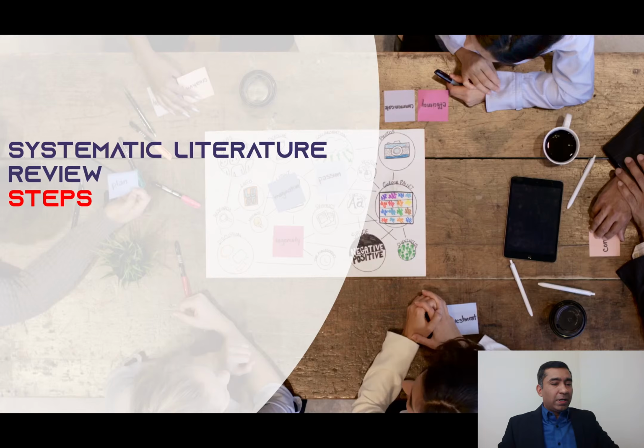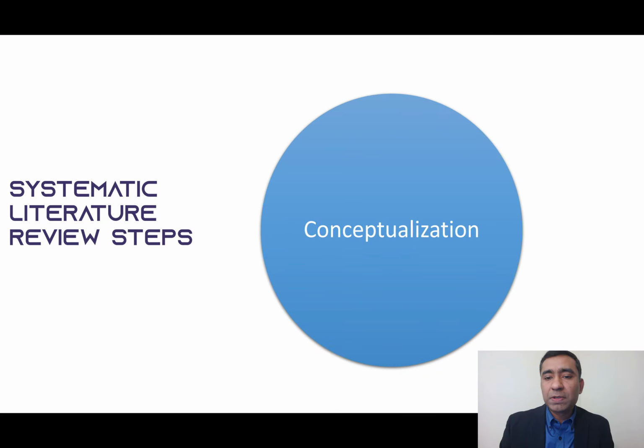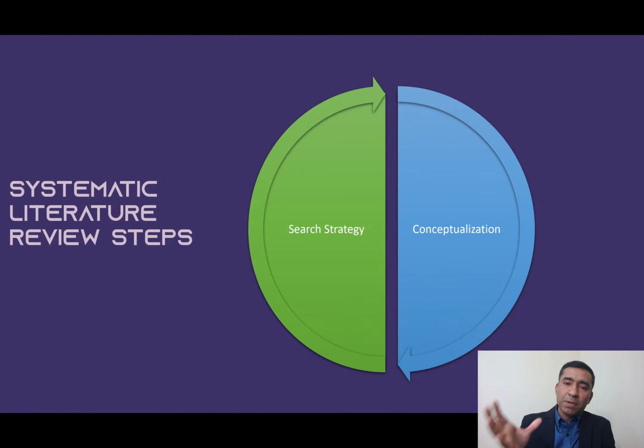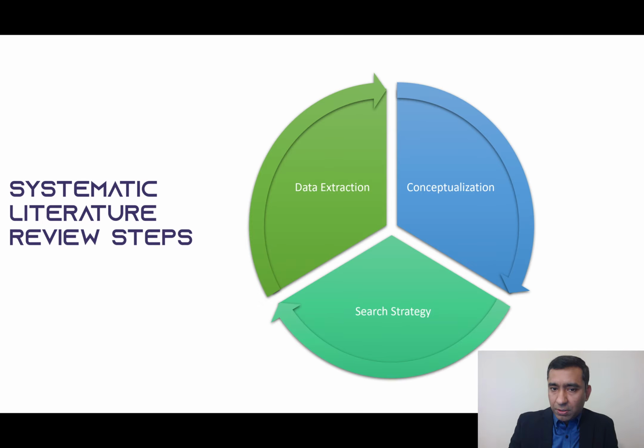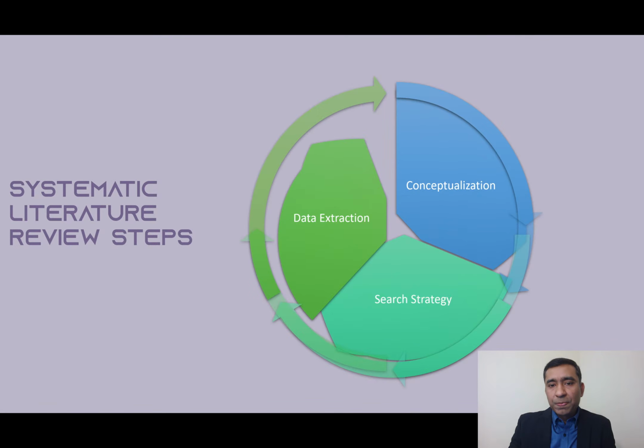Sorry for the interruption, guys. Okay, so the steps are very simple. We discussed these steps in our previous videos as well. First thing is conceptualization. So you develop the concept, set up the objective, pose your research question, and then go with the search strategy, how we can search the relevant literature, extract your data, and finally we synthesize and report